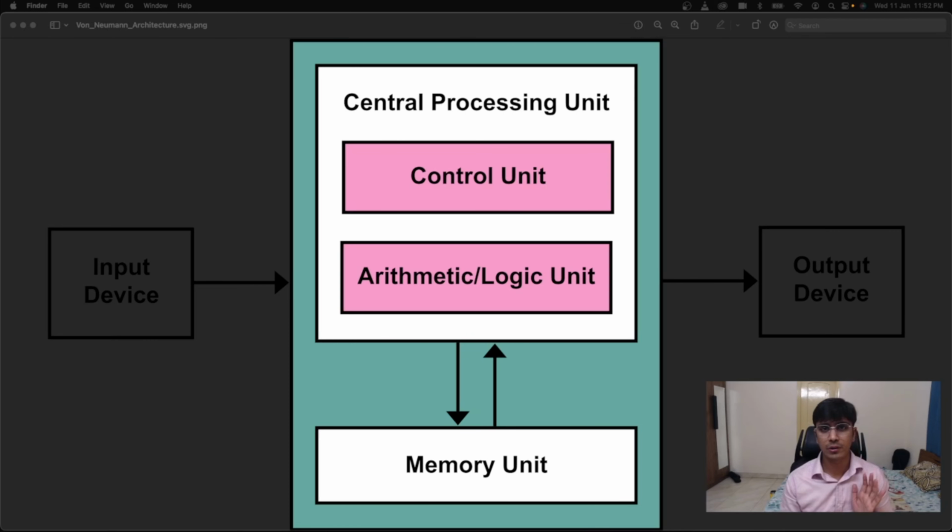So according to von Neumann architecture, a computer system can be divided into four distinguished units. One is the input devices. What is the role of input devices? As the name suggests, to take input from the user. Now input can be anything. It could be textual input, audio input, or video input that the computer is taking from me. And whatever input is taken from the user can then be processed with the help of the central processing unit, or the CPU.